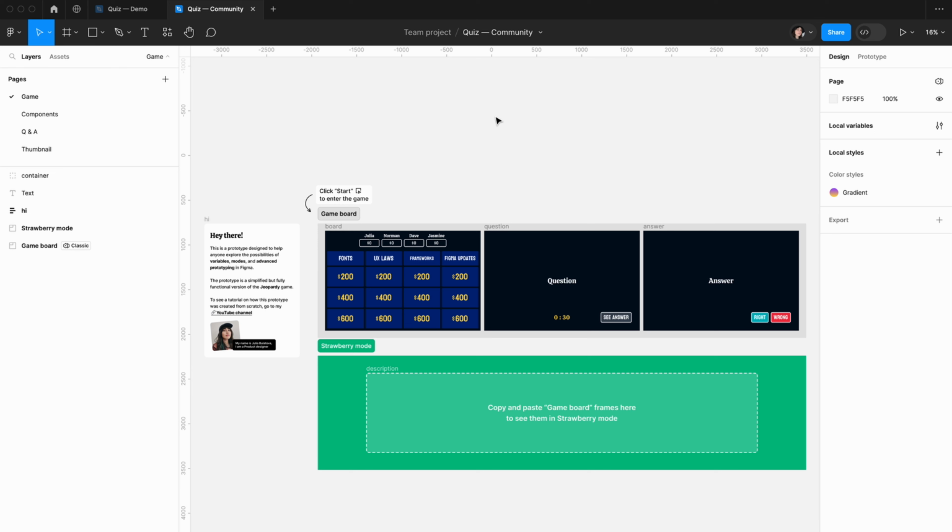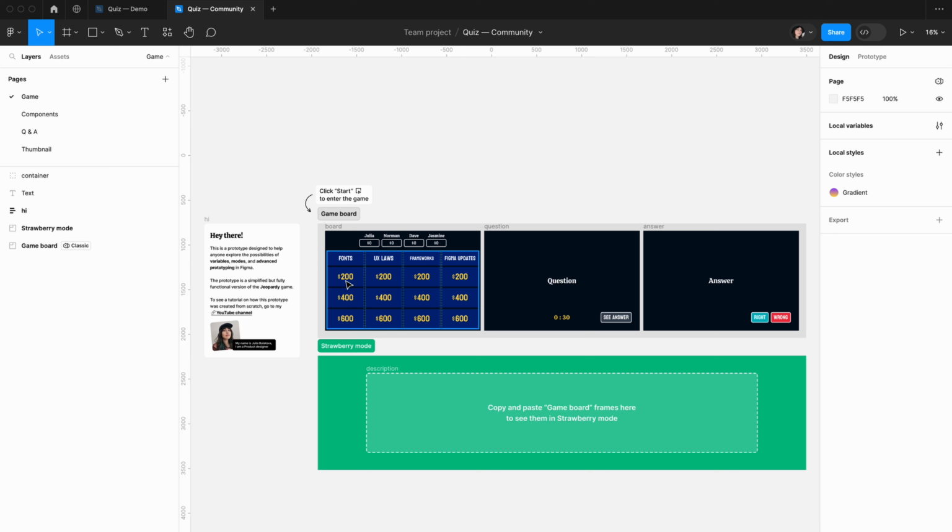As you can see, here we have only 3 frames where a game lives and a very small number of interactions. I want to emphasize that if we didn't have features like advanced prototyping or variables, the task of creating such a game inside Figma would be much more difficult. Instead of 3 frames, we'd have hundreds of frames, and I don't even want to try to guess the number of prototype connections. That's because we'd have to anticipate and manually create all the possible outcomes when, say, Julia chose